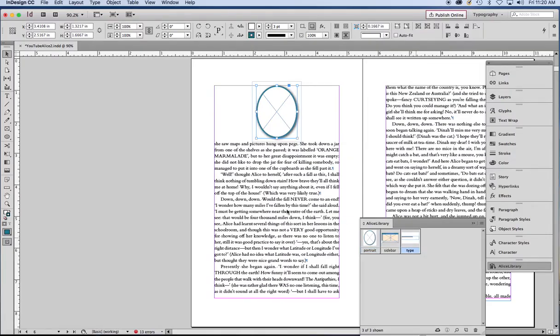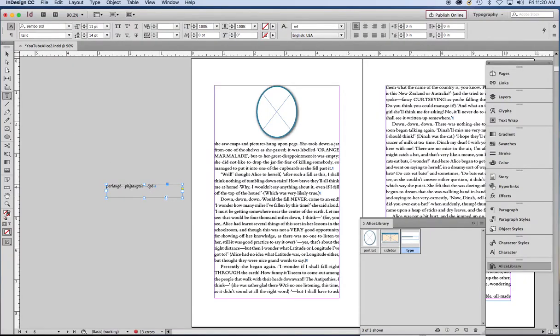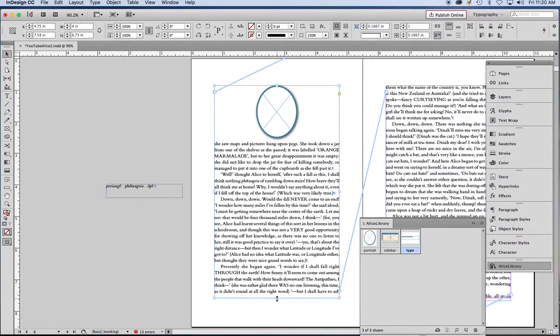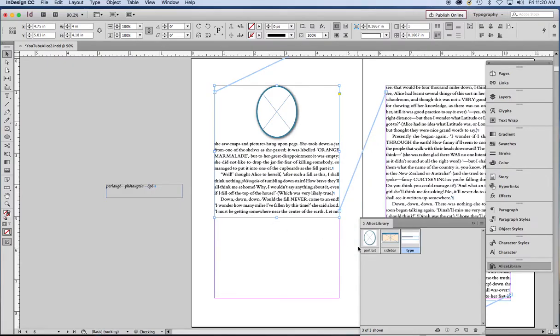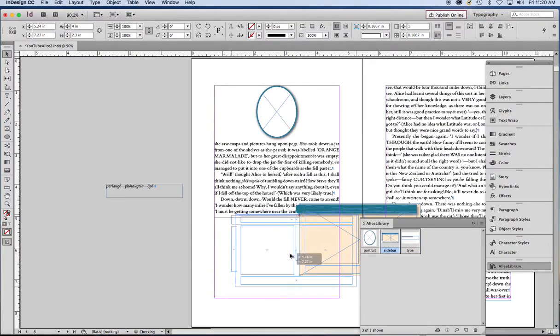So we have some difficult type on this page. We'll just drag it over here and we'll copy with our text tool the word we want to use, copy, and paste it in place. All done. Now let's say we want a sidebar too, so let's make room for the sidebar down here. We'll just drag the whole sidebar over,